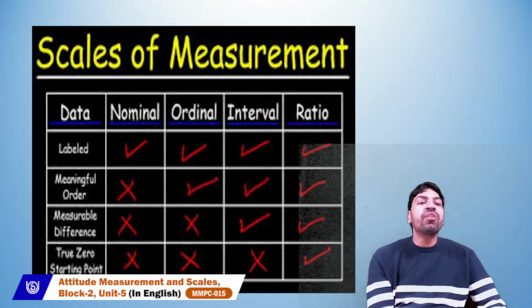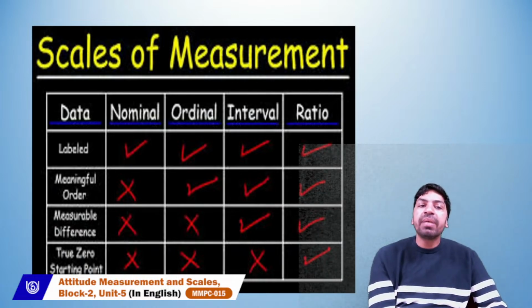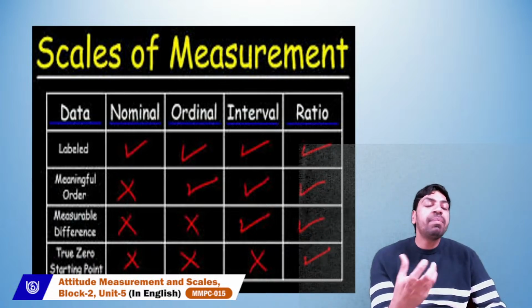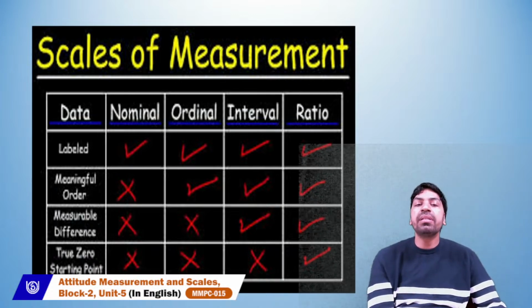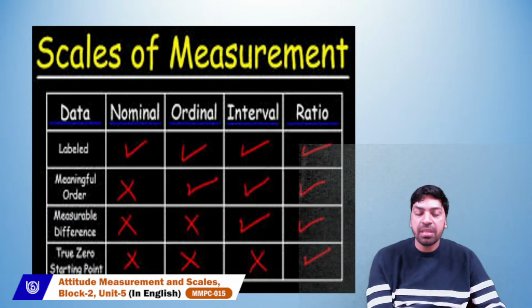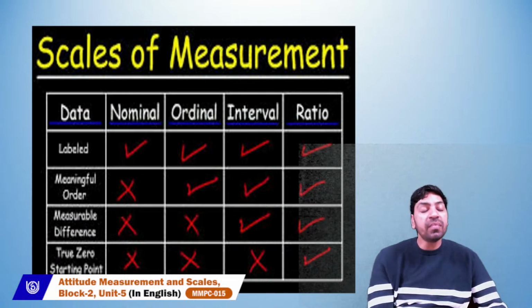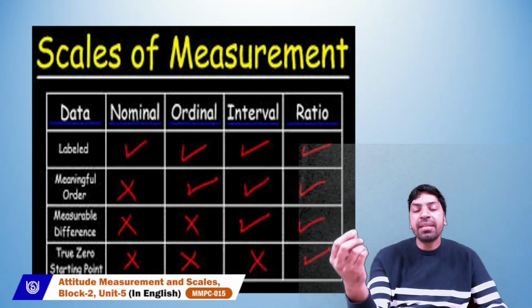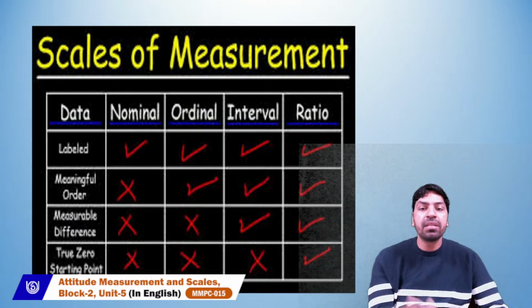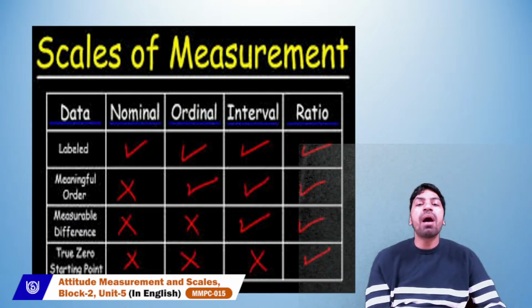So this is the difference between the scales of measurement. If we talk about the labeling, nominal, ordinal, interval, and ratio are all labeled. Nominal is all about the numbers or categories. For ordinal, we talk about the ranking and ordering of the data set. For interval, we always talk about exact measurements. For ratio, we always talk about the